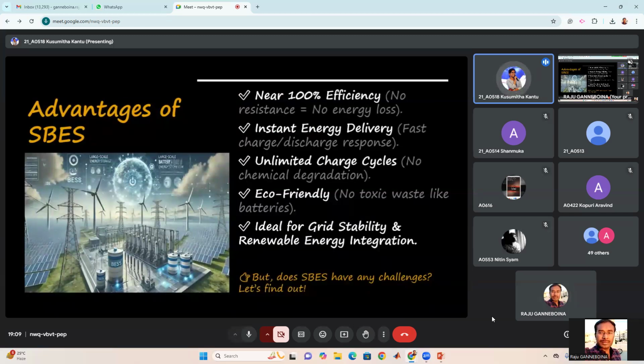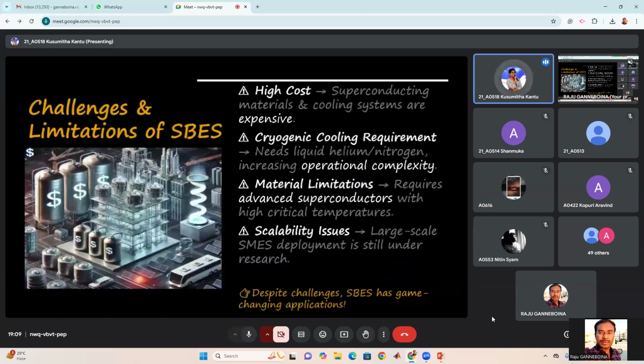Now let's look at the challenges of SPES. Challenges and limitations of SPES. Expensive setup, like high cost. Superconducting materials and cooling systems cost a lot, and it requires cryogenic cooling, like it needs liquid helium or nitrogen to stay superconducting. And then